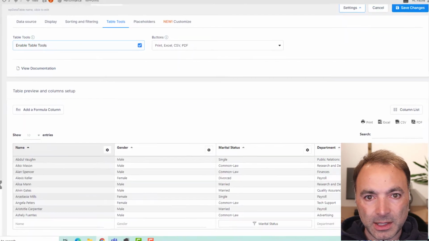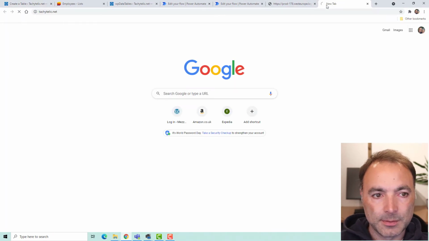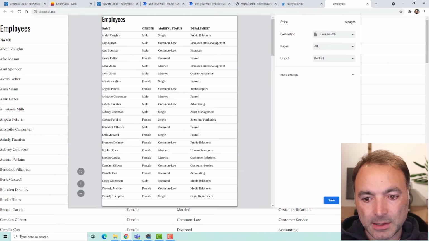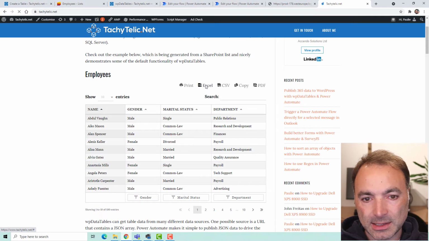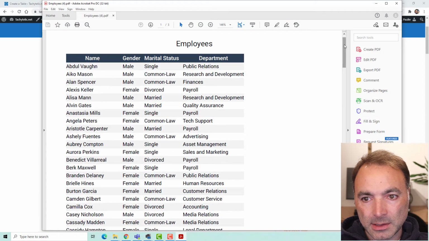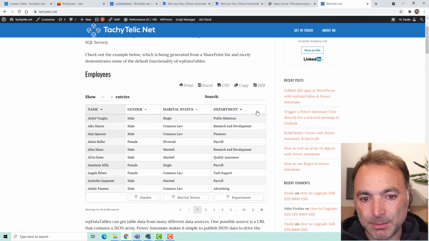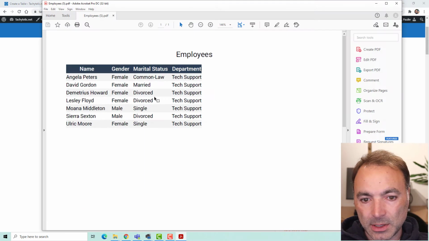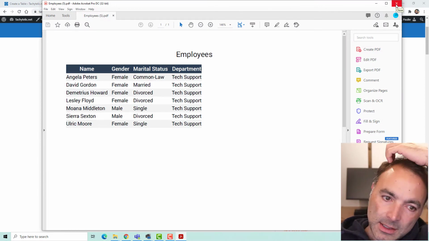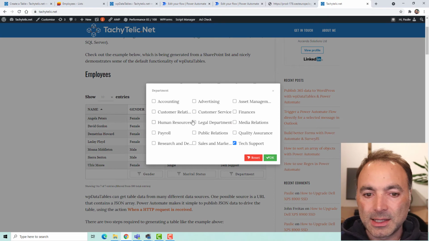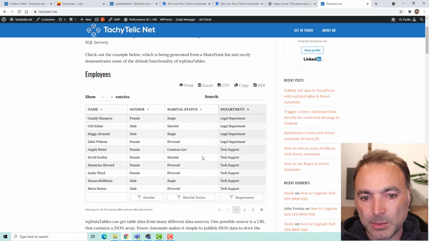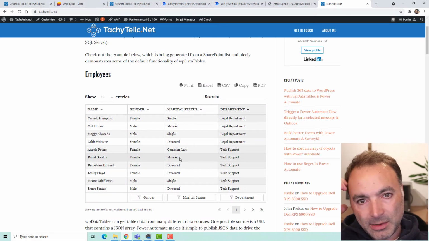Let's just go and have a look at that actually. Some of these features are worth a look. So print, much as you'd expect. Excel generates an XLSX file. PDF. That's some quite powerful functionality in there, just built in, and the results are reflected when you execute those actions. So if I want to see everybody in tech support, that's easy, and I can have everybody in legal, and sort by the department, those sorts of things. So it's pretty powerful stuff.